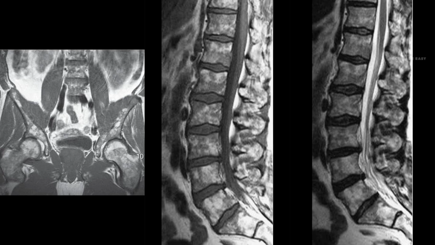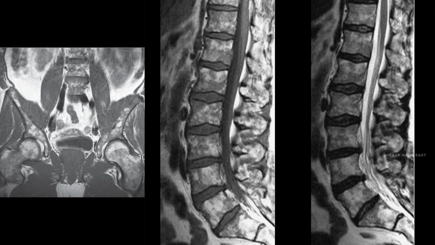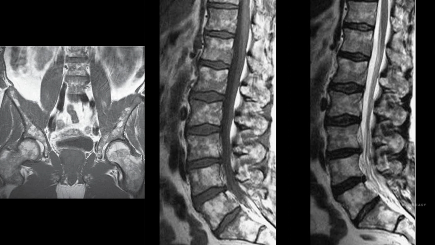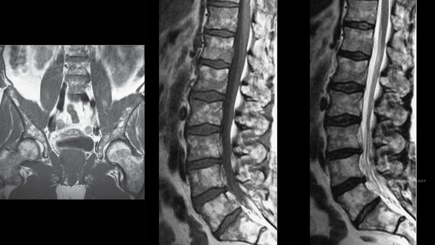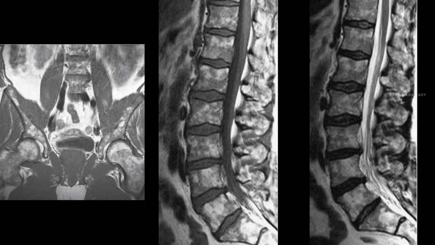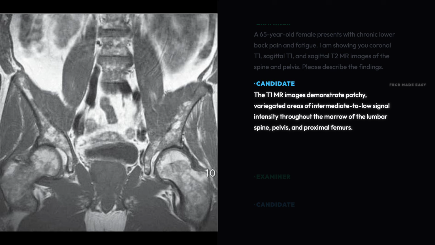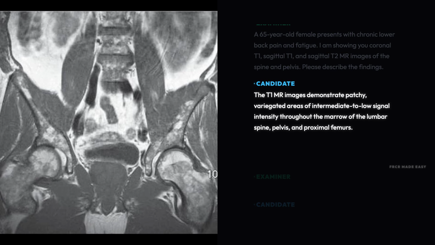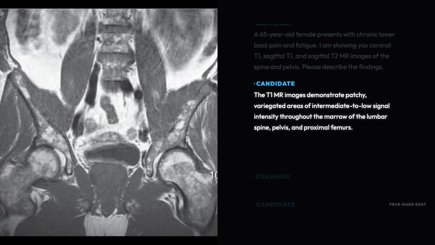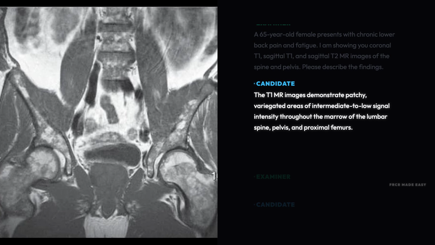A 65-year-old female presents with chronic lower back pain and fatigue. I am showing you coronal T1, sagittal T1, and sagittal T2 magnetic resonance images of the spine and pelvis. Please describe the findings. The T1 magnetic resonance images demonstrate patchy, variegated areas of intermediate to low signal intensity throughout